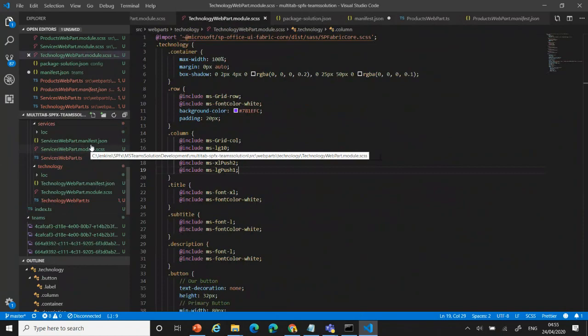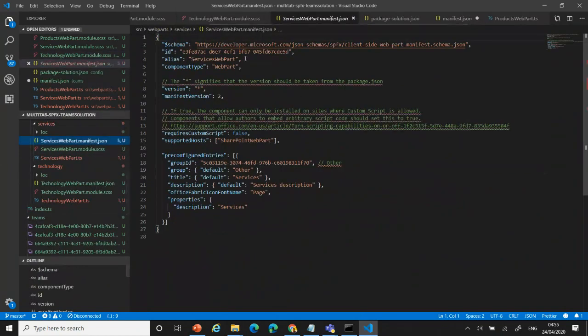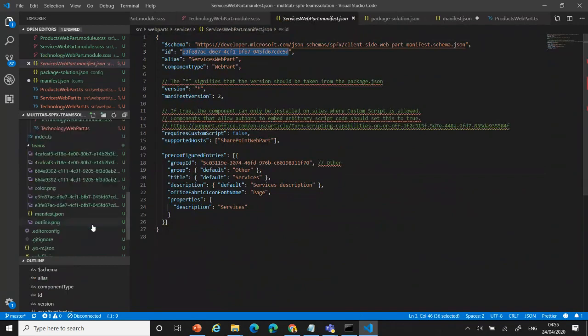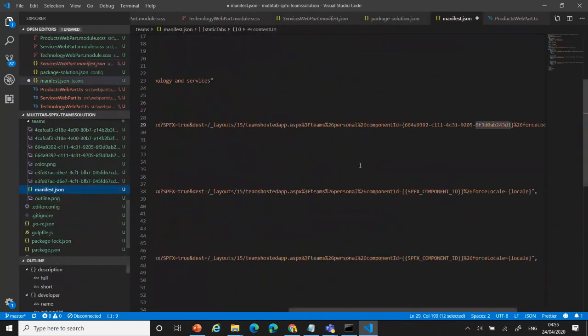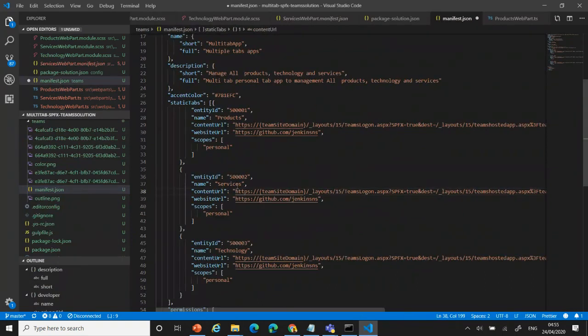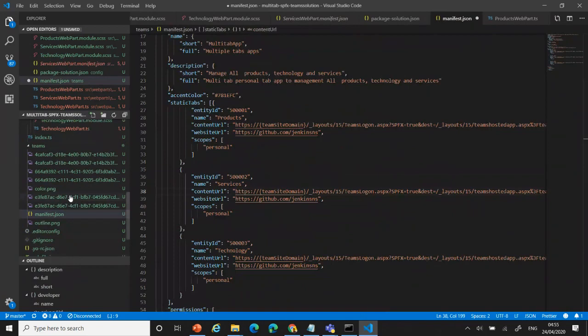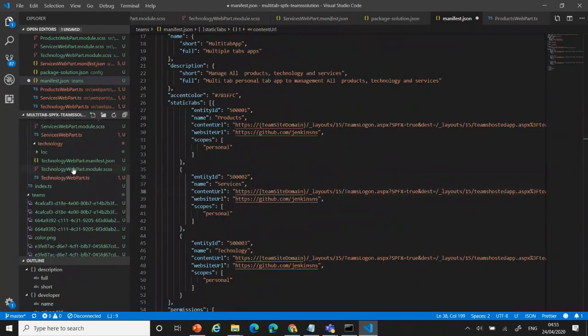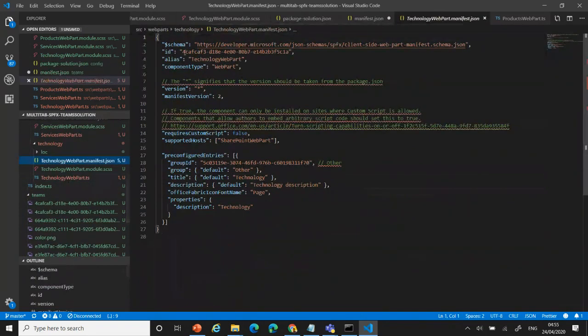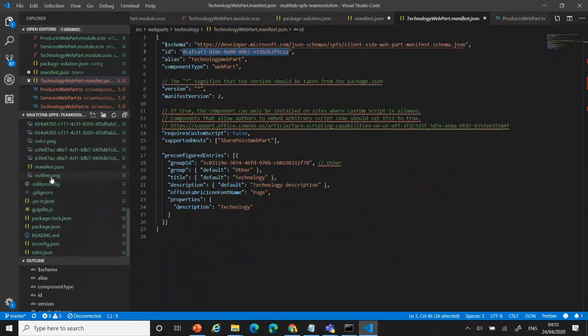Second one we can see is the services web part. I copy the ID and go back to my manifest. I can update my services part. You can see the services at the top, right? The third one is the technology one. I copy my ID and place it in my third one.